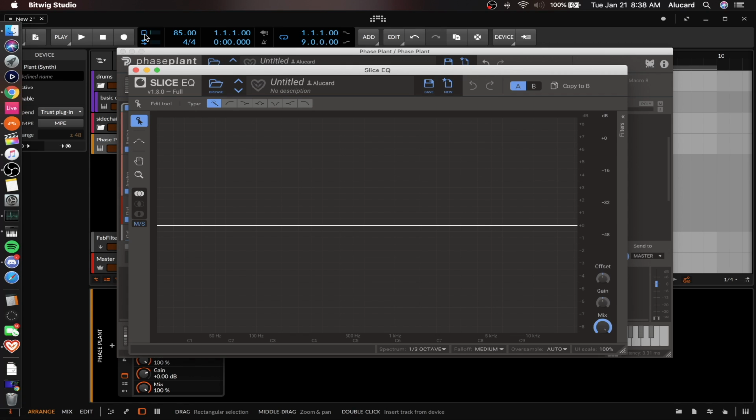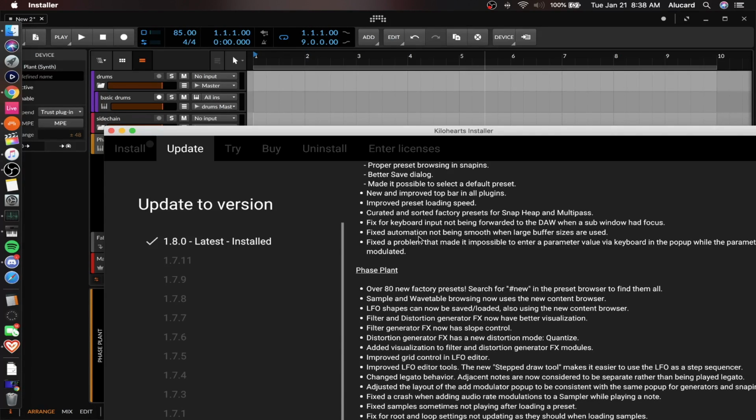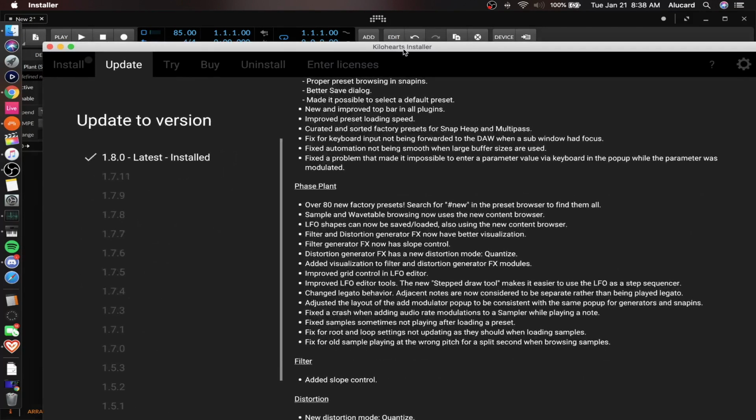Like, this is a huge thing that bothered a lot of us, and Kilohearts really did an amazing job turning that around for us. Next up, we've got fixed automation not being smooth when large buffer sizes are being used. That never really affected me, but that's good to know if you guys are using stuff on maybe not so good hardware. Fixed a problem that made it impossible to enter a parameter value via keyboard in the pop-up when